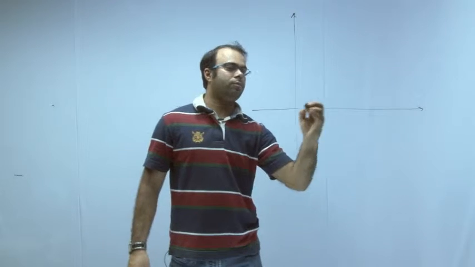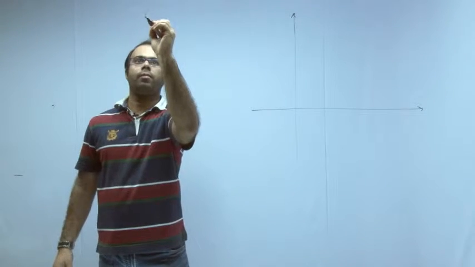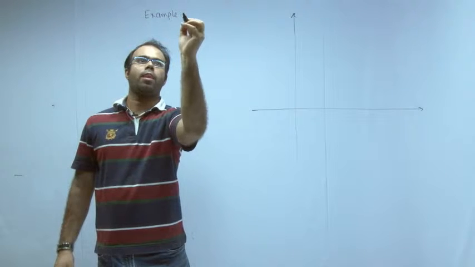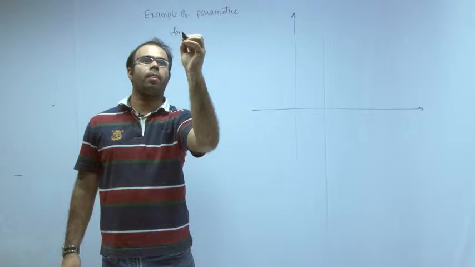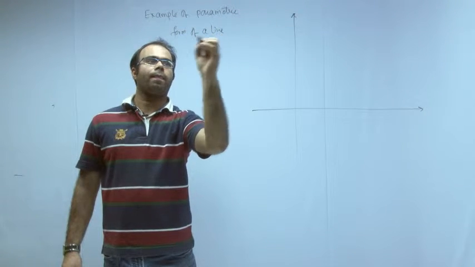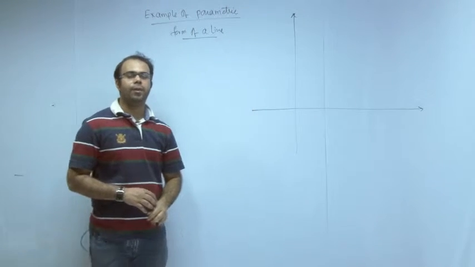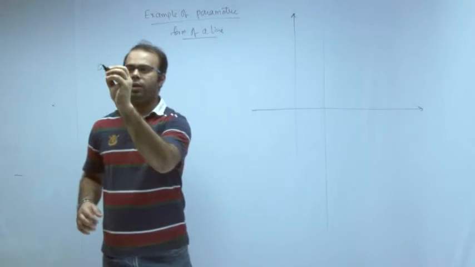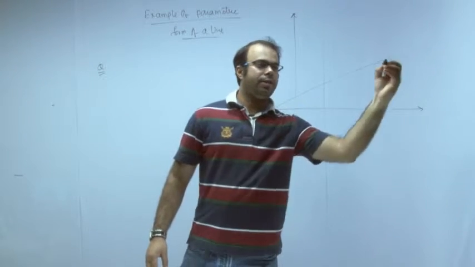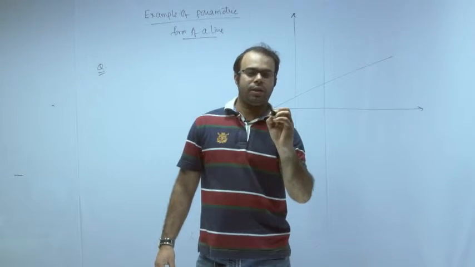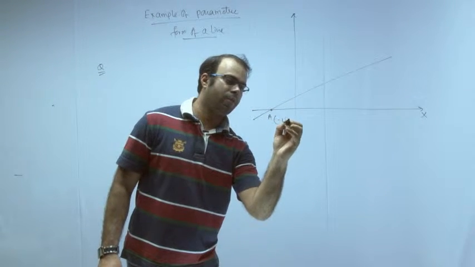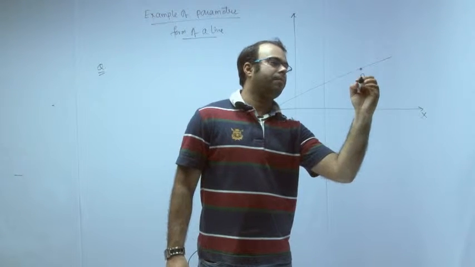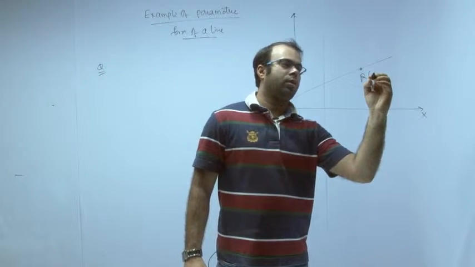Let us take the example of parametric form of a line. In this, let us take a question. There is a line and this is cutting x axis at a point A, that is, suppose the point is minus 1 comma 0 and this point is r, which is suppose 3 comma 4,